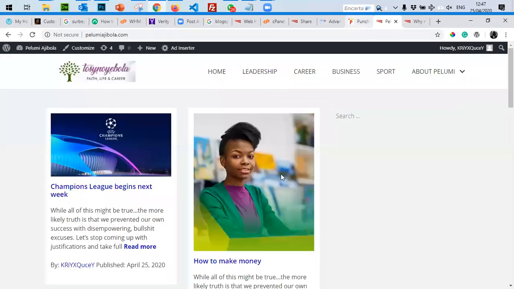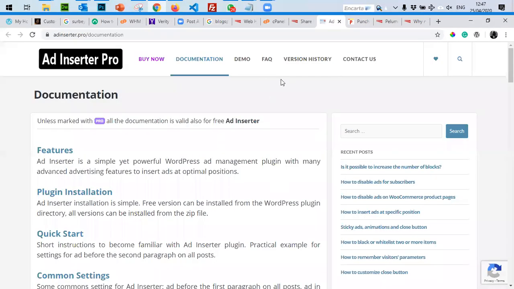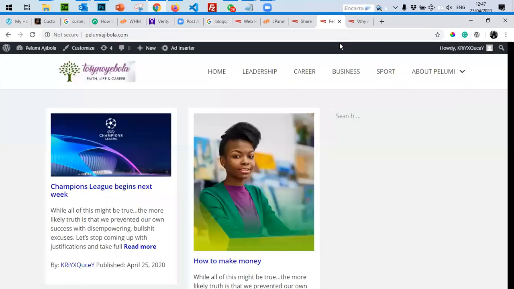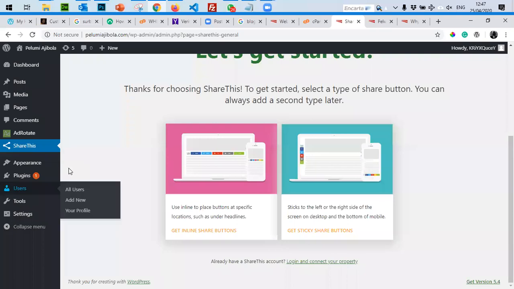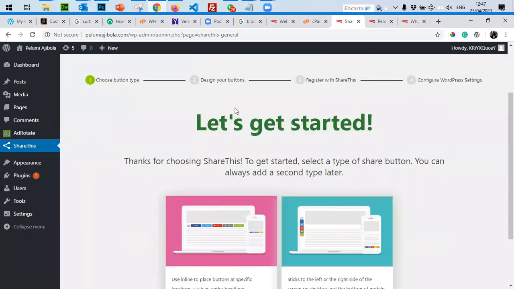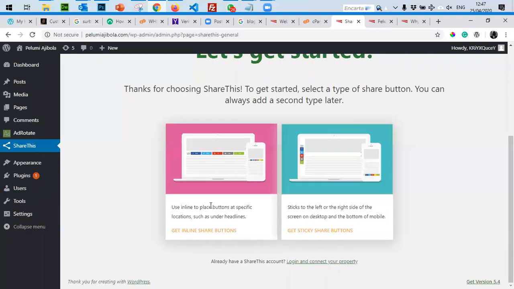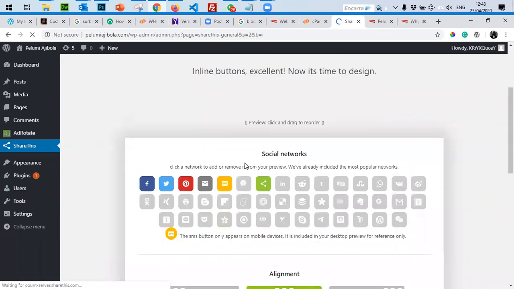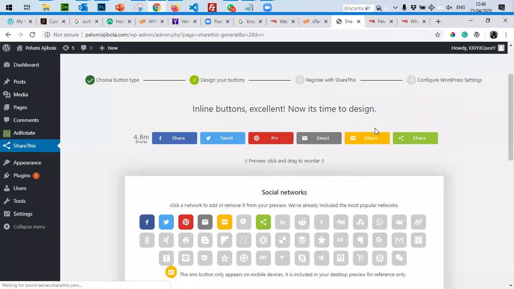So like I mentioned, you look for, sorry, let me close some of these tabs. Once you plug in ShareThis, you expect that you already registered with them. ShareThis is an external plugin that enables you to share different types of items on your website.